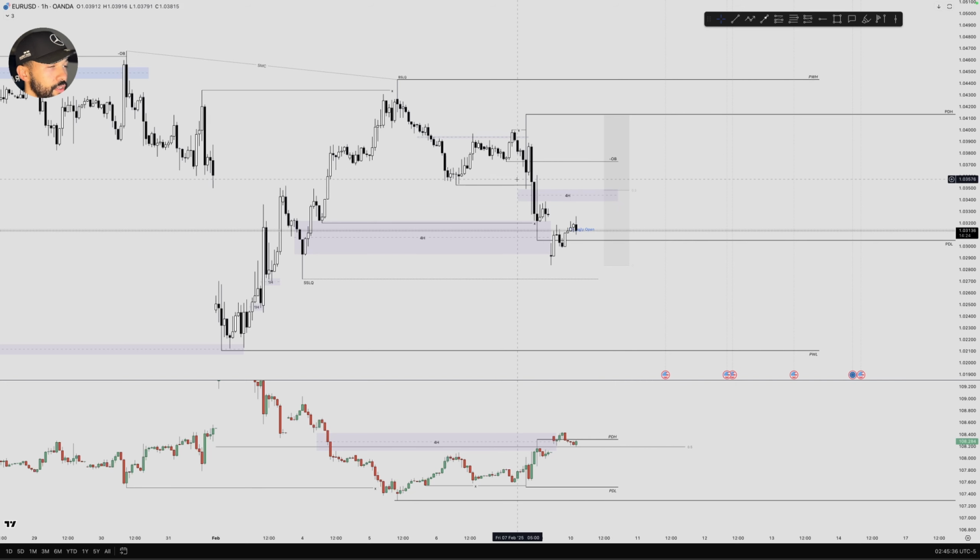So when we're looking for a premium POI for us to go short from, with this possible short bias, we have our 4 hour order block here, but then we have a 1 hour order block just below here. So we could refine that a little and use this 1 hour order block there now. So I'll just move that there for the time being, because we have a clear 1 hour order block that had an imbalance. The imbalance was respected already during that news spike, but we could revisit the order block back in the premium